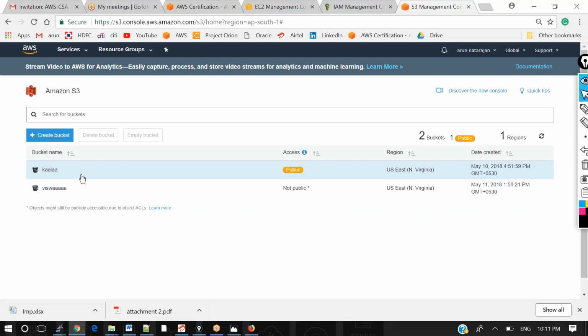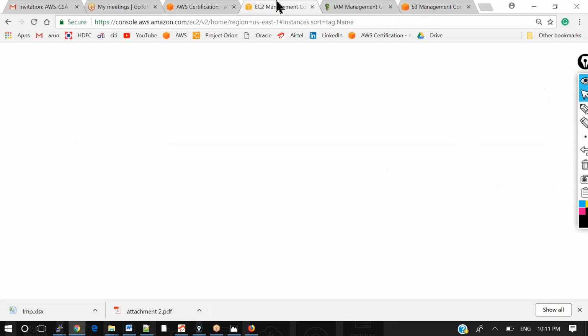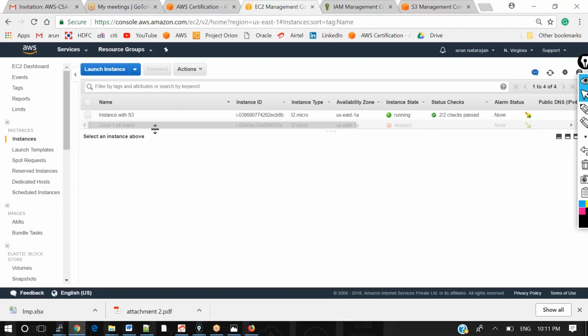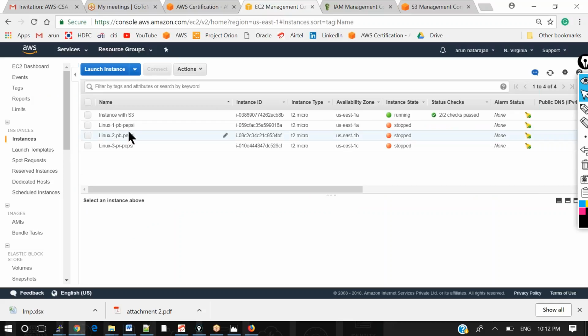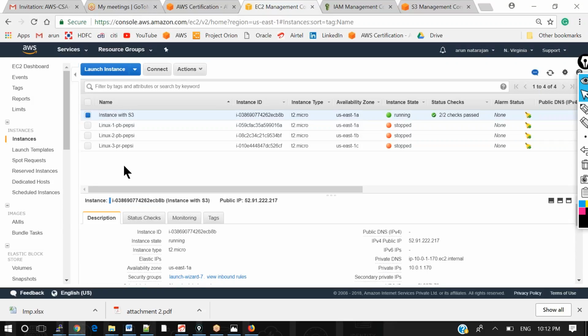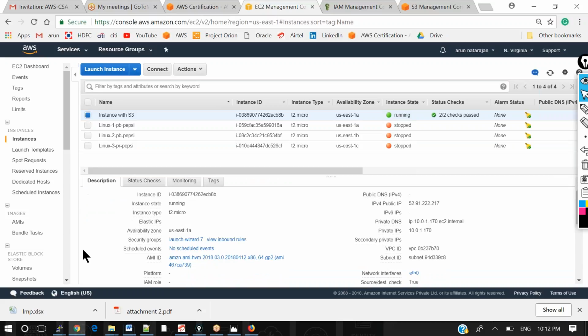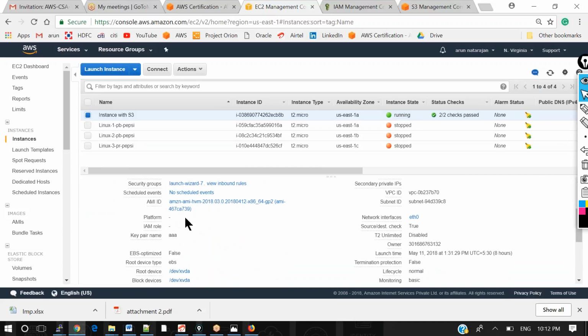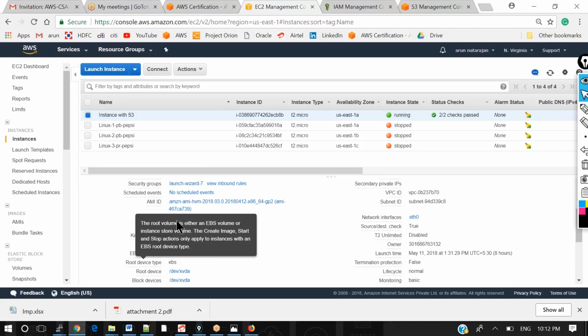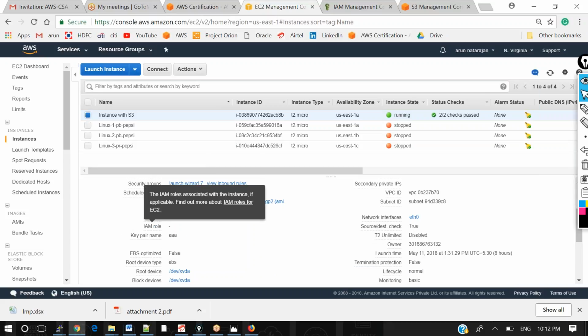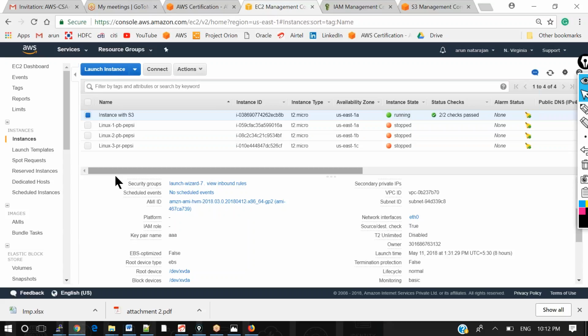So here I have the two buckets. Now I'm going to try to access them with my instance. Let's say one of my instances is running. Suppose for that instance I have attached a role. Now you can see that there is no IAM role for this instance.